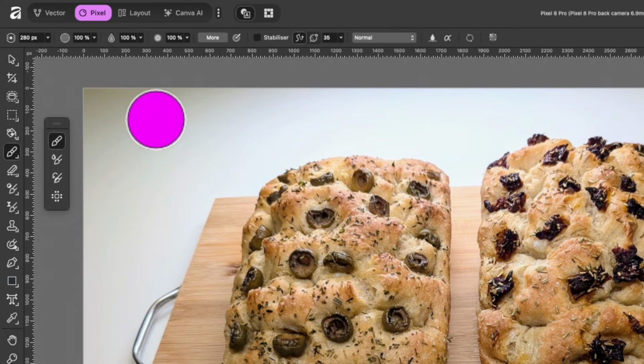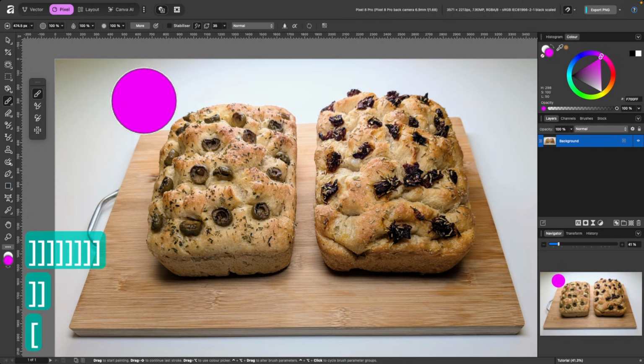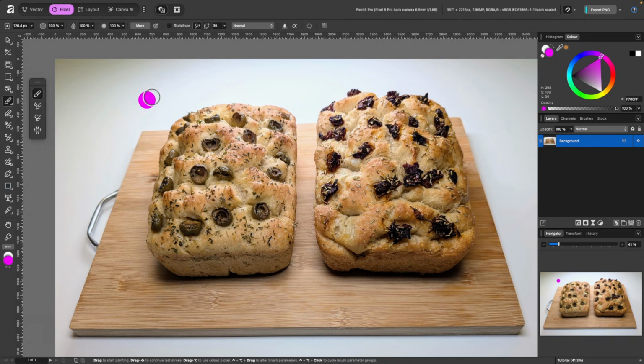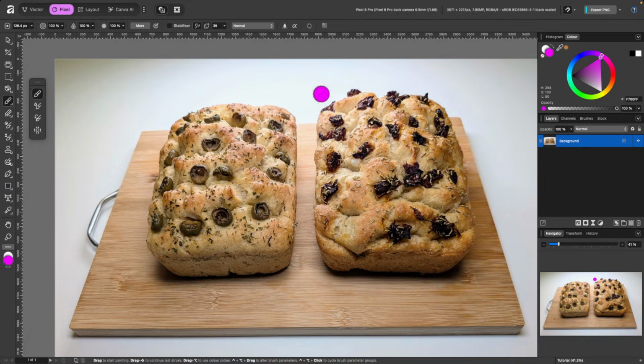So I've selected it, and the first thing you might want to do is change the brush size. So up there, this is your brush width. You can click on that and just drag it up or down wherever you want, and now the brush is slightly smaller. Another shortcut to do that is to use the left and right bracket keys on the keyboard. If I select the right bracket key, you see it gets bigger, and the left bracket key, it gets smaller. And to choose the color of your brush, you can go over to the color tab over here. I've just chosen a pink color so it shows up in this tutorial. So you can choose any color you want there.